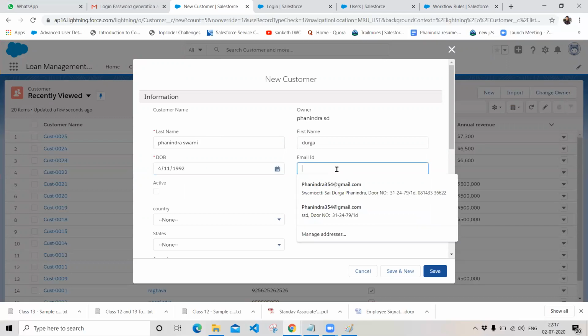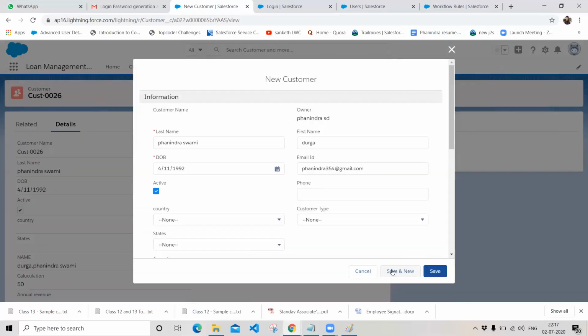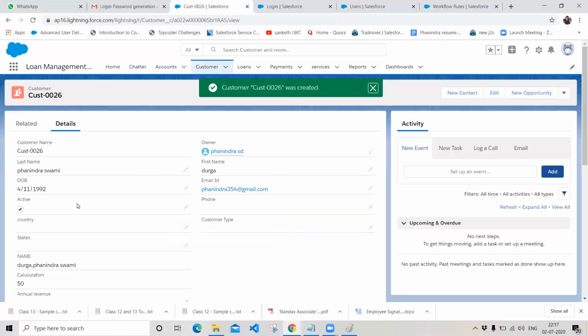Email ID Indra354@gmail.com. Okay, I'm choosing the active status as true and click on save. So we have created a record in our Salesforce with the active status equal to true, and we have given an email address over here.